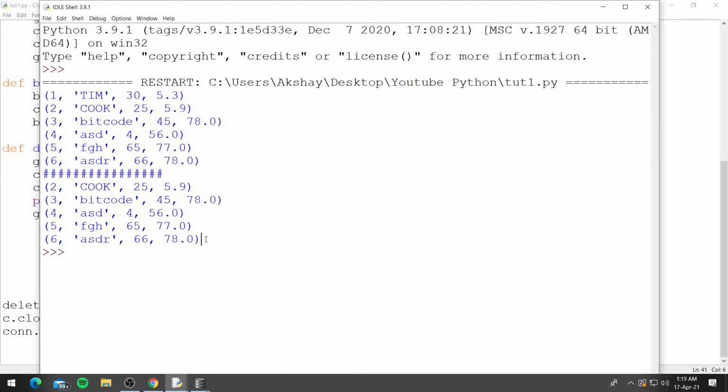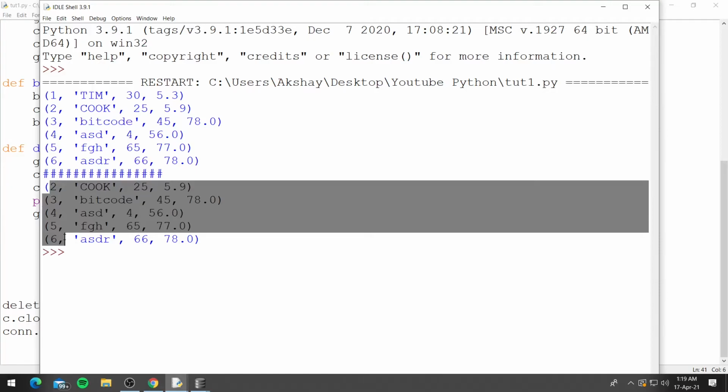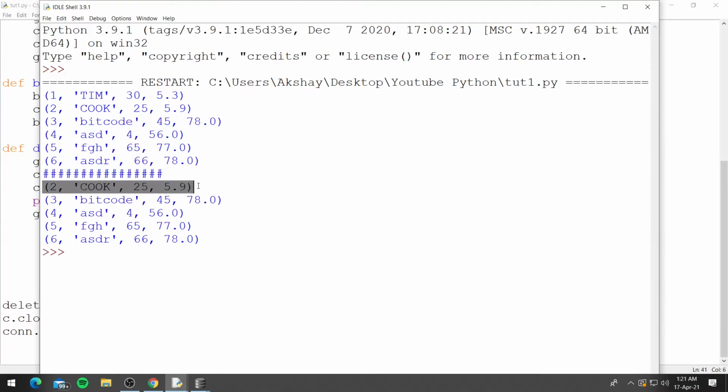And also, as we discussed in the previous tutorial, these row IDs are primary keys, and the row IDs are unique to each row. So the first row in the table will always have a row ID of 2, and if we delete another row, so let's say we delete this row, then the row ID 4 will not be used again. So if we delete this row, the row IDs will be 2, 3, 5 and 6. So the row IDs of the deleted rows are not used again.